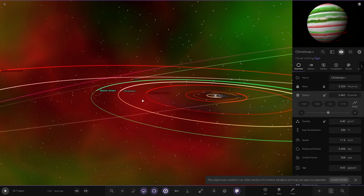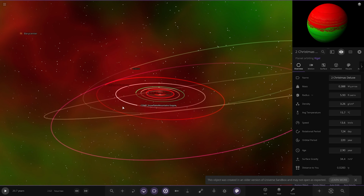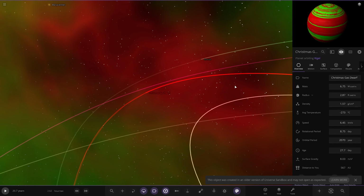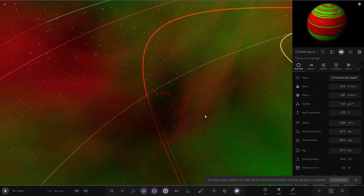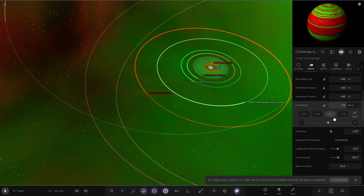So then Gassa Green there, looking good. Christmas Deluxe there. So there's a nice wave of gas giants there, all Christmas themed. I like the Christmas gas dwarf. This one has a really nice look to it. So it's just obviously a smaller looking guy. Looking great. Nice red and green mixed in with you as well. Excellent stuff there. We'll give you a slightly inclined orbit as well. So let's go with a...